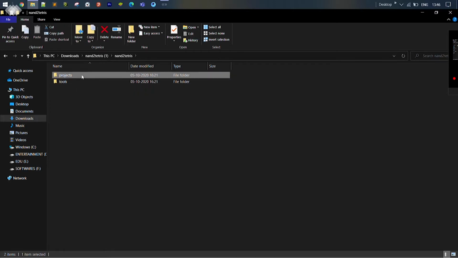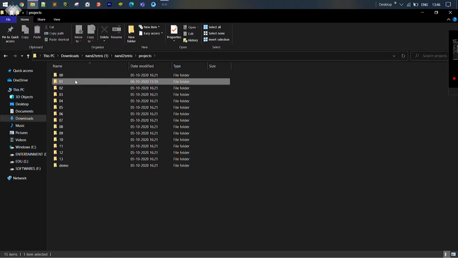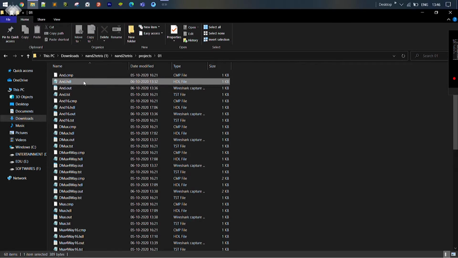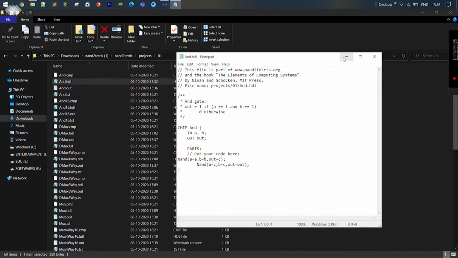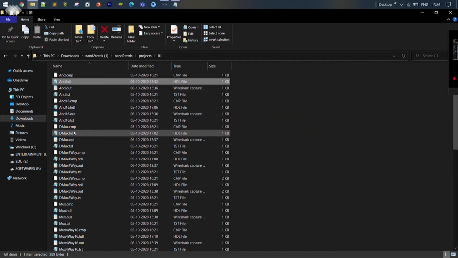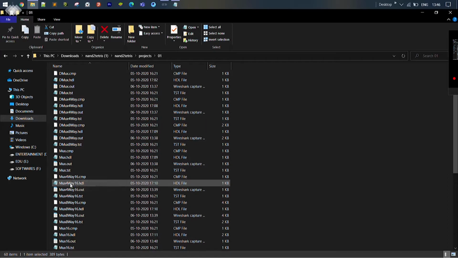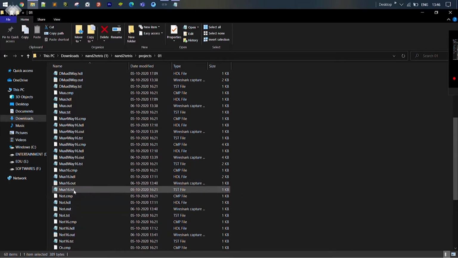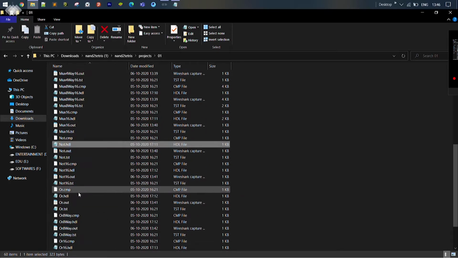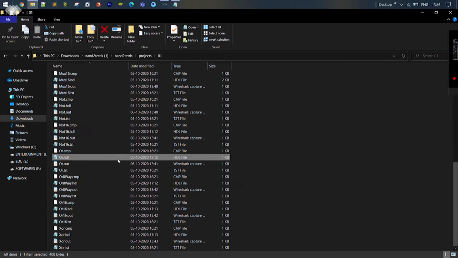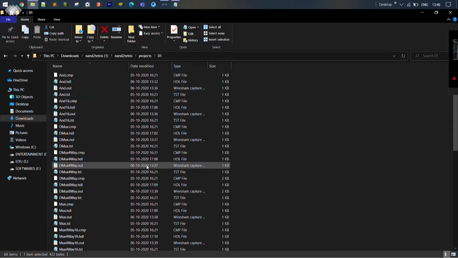When I downloaded the codes which are yet to be run, we are gonna run And16, Mux, Dmux, Dmux4Way, Dmux8Way, Mux4Way, Mux8Way, Mux16, Not16, Or8Way, Or16 and XOR. So these HDLs are nothing but the codes, and the TST files are nothing but the test cases, the test script.